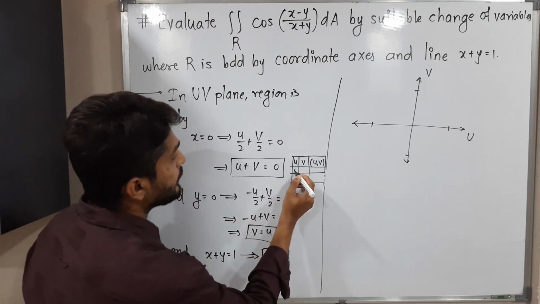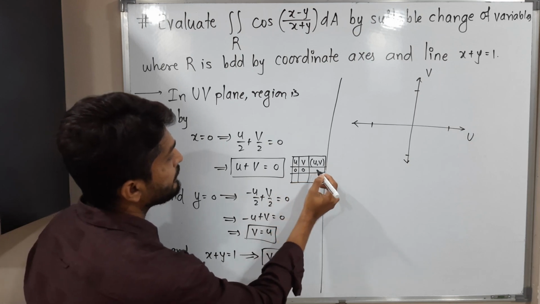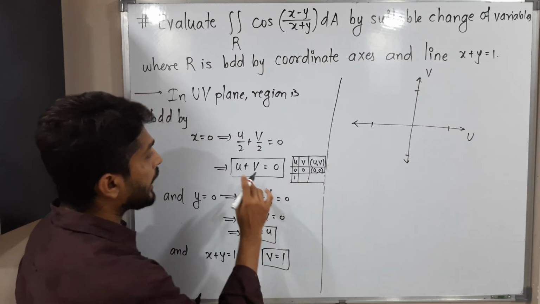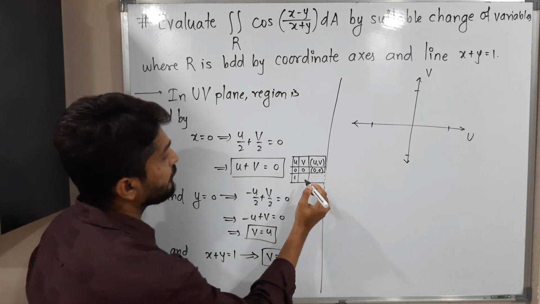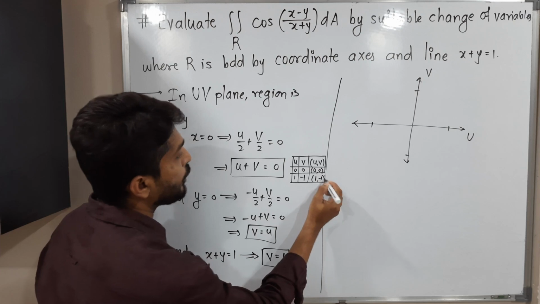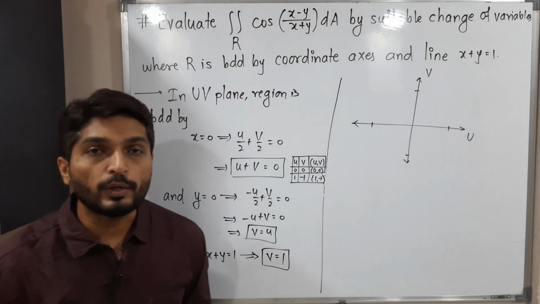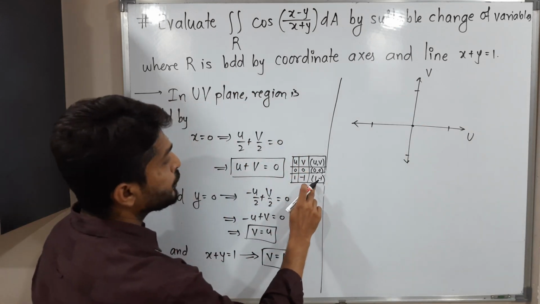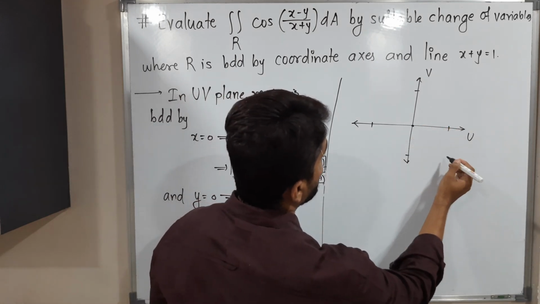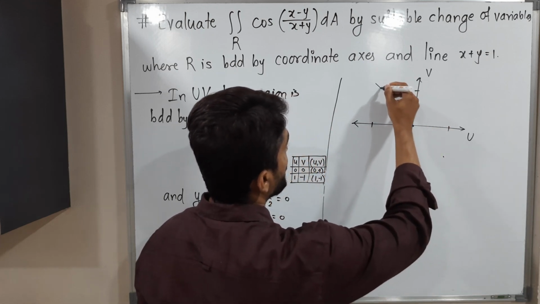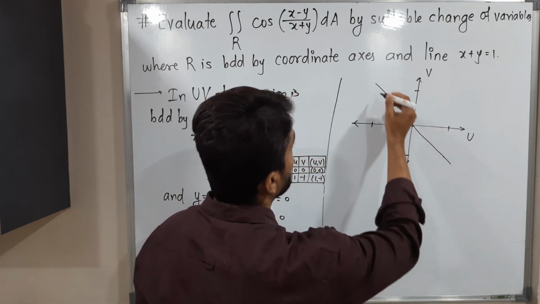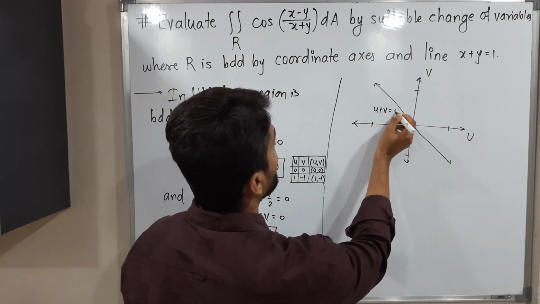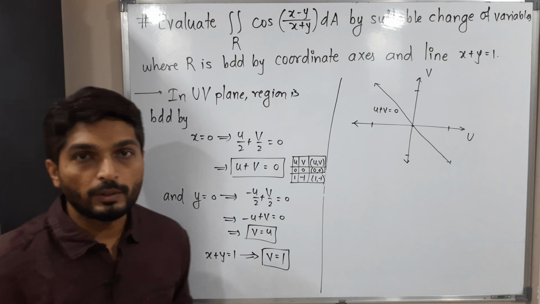I am putting u is equal to 0. If I put u is equal to 0, v will be 0. So the point is 0 comma 0. If I put u is equal to 1, by shifting 1 on that side, the value of v will be minus 1. So the point is 1 comma minus 1. So let us plot those points on that uv plane. 0, 0, obviously it is here. u is 1 and v is minus 1, here. So by joining these 2 points, we get this line. The equation of this line is u plus v is equal to 0 or v is equal to minus u,